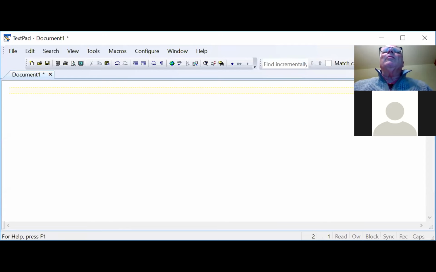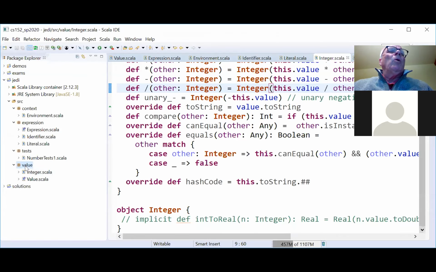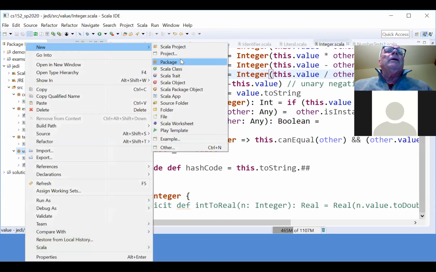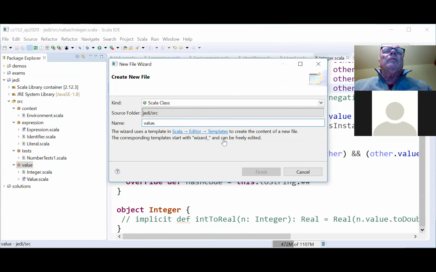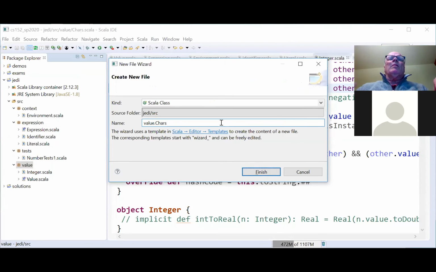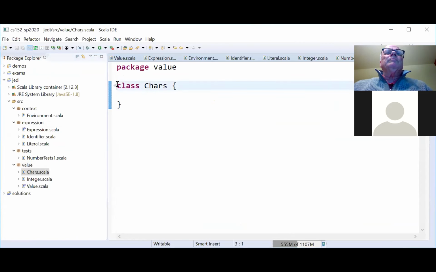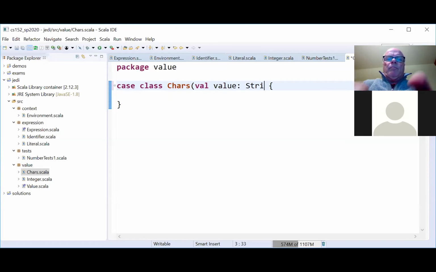Let me just do it over here. It's too small and weird there. All right, so here I would put in class. And this is going to extend literal.